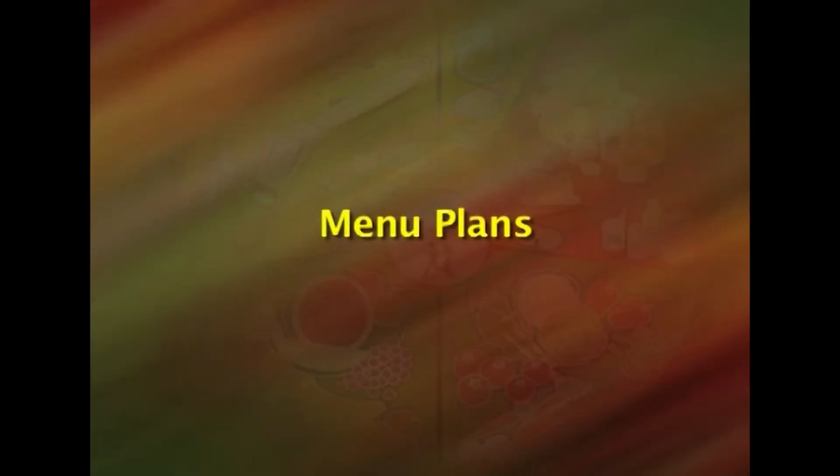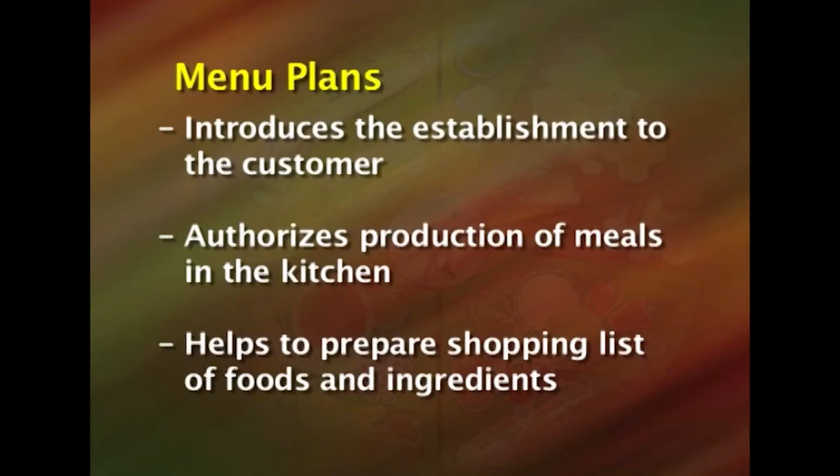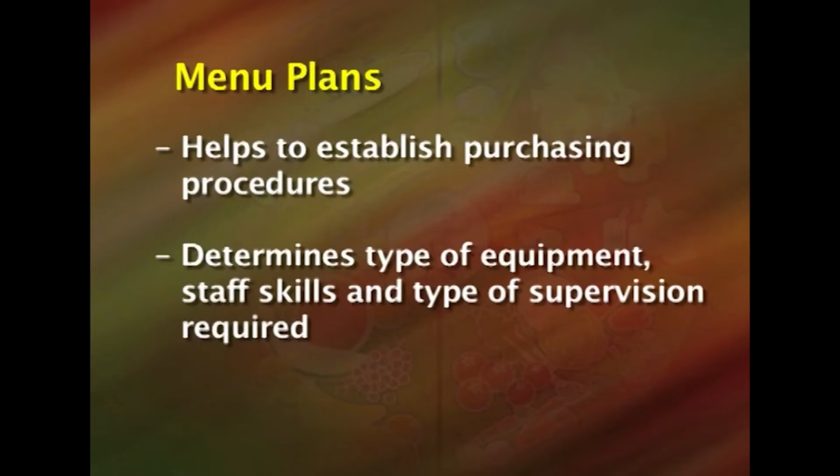Menu plans. A menu is virtually a list of dishes planned for production in a food service establishment and may include full meal or snacks. A menu plan helps the organization in the following ways: it introduces the establishment to the customer, authorizes production of meals in the kitchen, helps to prepare shopping list of foods and ingredients, helps to establish purchasing procedures,